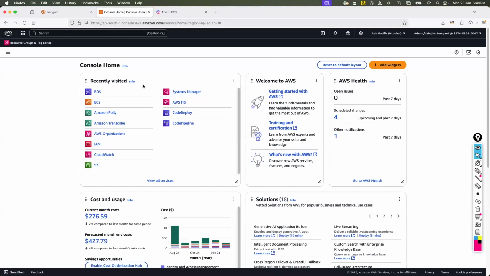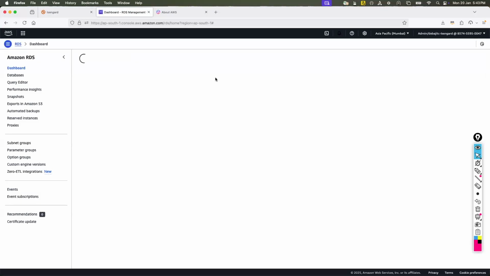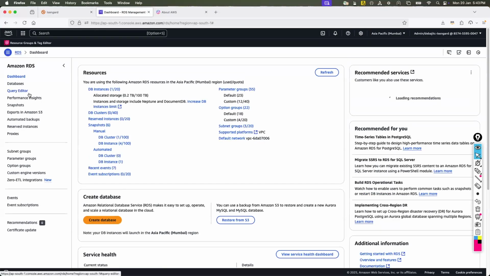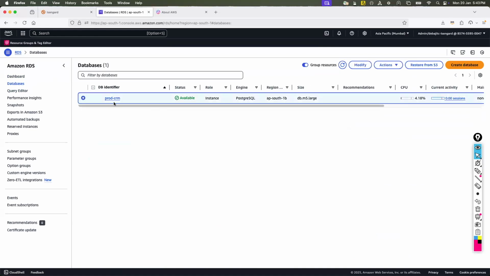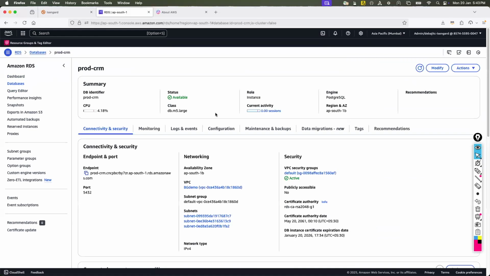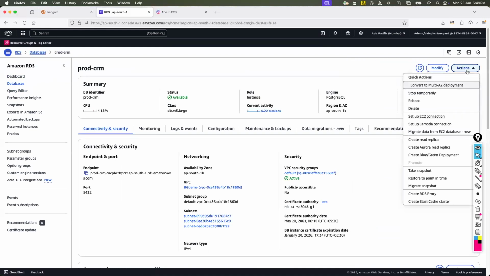So I re-log in and go to the same place, RDS, click on the database and select the database, go to actions, and now you can see all of the earlier grayed out functions are now alive. So you can create a read replica, you can delete, reboot, and all that.